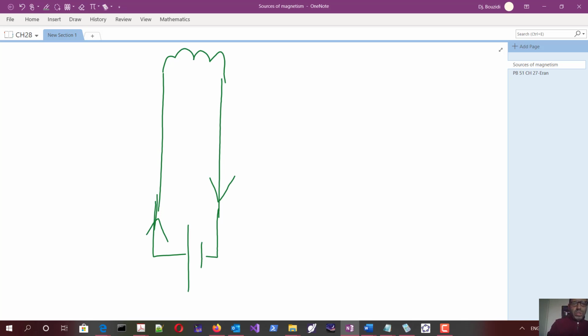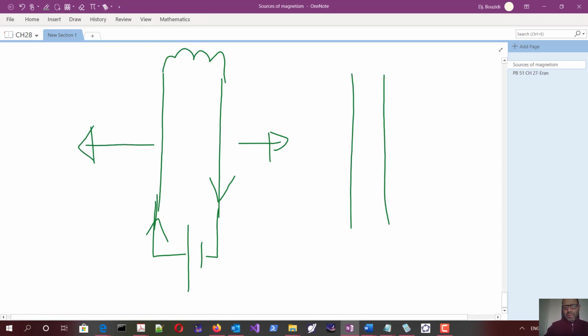Well, experiment has shown that these 2 wires repel one another, okay? And if I can make an arrangement in such a way that the currents are flowing in the same direction, then it's not hard to see how that could work. All you have to do is have 2 wires still running and connect them, if you like, to the